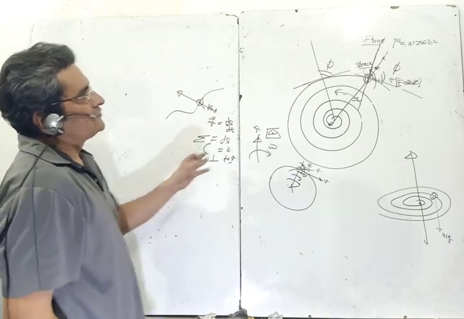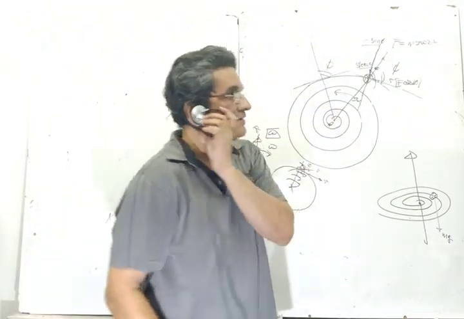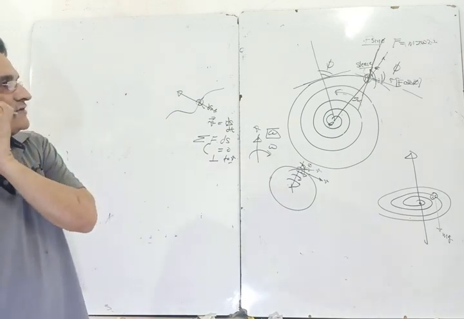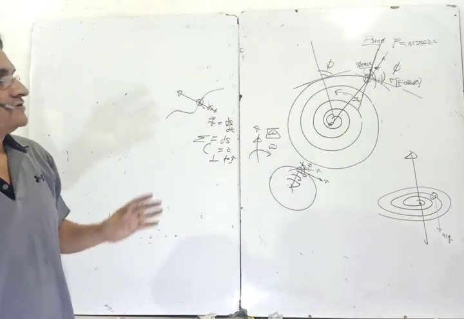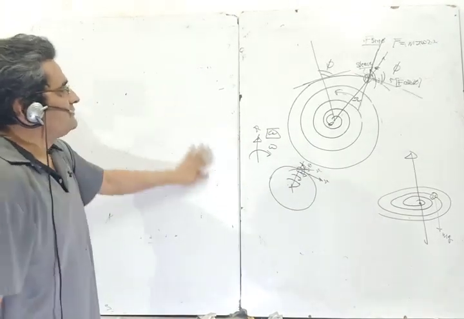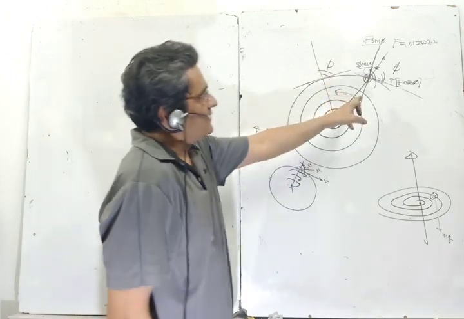So here the Coriolis force, F sin phi, and mg are all perpendicular to velocity, and the only other force which could have acted was friction. Then friction would have been along the velocity, but friction force is absent. So the only force capable of doing work on this spiral is F cos phi.